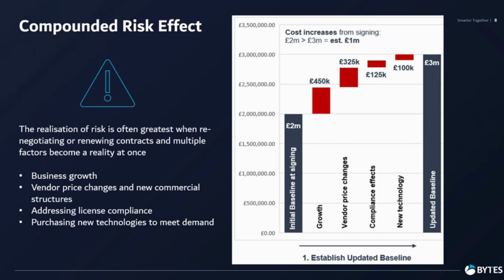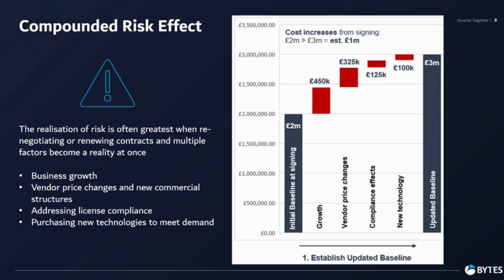It could be that we've got some compliance issues that we need to address, so that adds another layer on top of the requirements. And then it could be as well that we are buying new technology. So perhaps we've got a proof of concept running for something, or we know that we're going to start deploying a new technology very soon into our next agreement. So we will buy it at the point of renewal in order to seek a more aggressive discount.